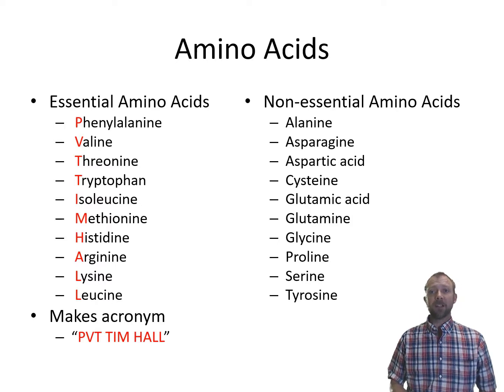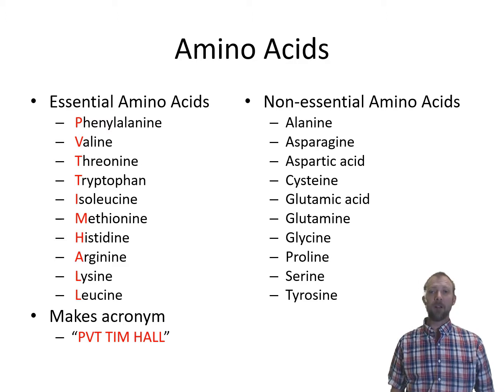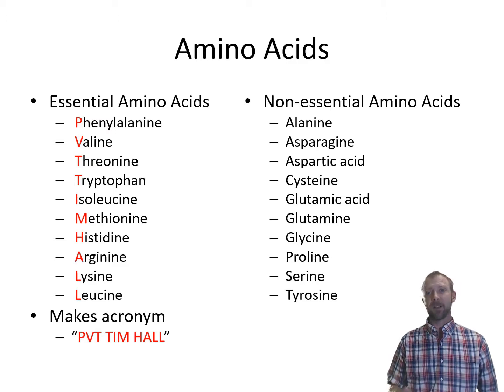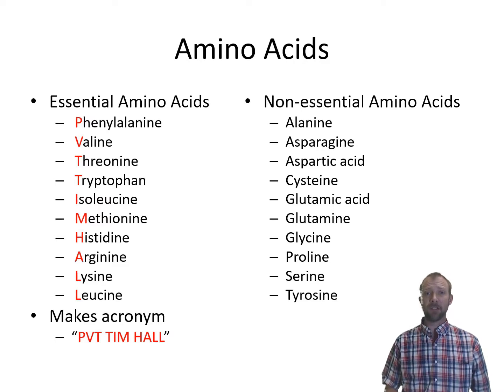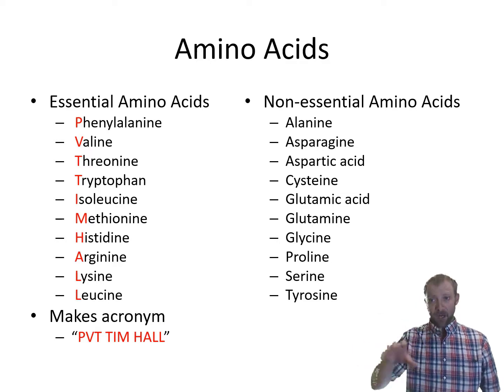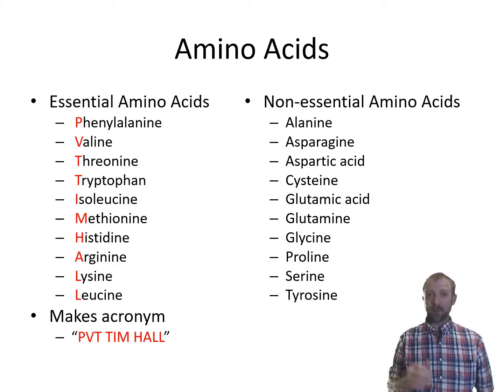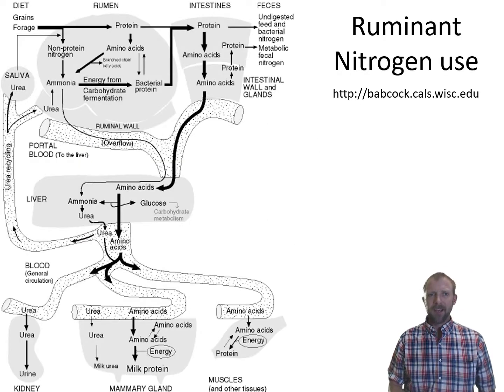What are those amino acids? So the essential amino acids, the easy way to remember them is by using the acronym PVTTIMHALL. So you have phenylalanine, valine, threonine, tryptophan, isoleucine, methionine, histidine, arginine, leucine, and lysine. Okay, and then the non-essentials there are alanine, asparagine, aspartic acid, cysteine, glutamic acid, glutamine, glycine, proline, serine, and tyrosine. Again, any combination of those amino acids will give the particular structure and give every protein its own uniqueness.